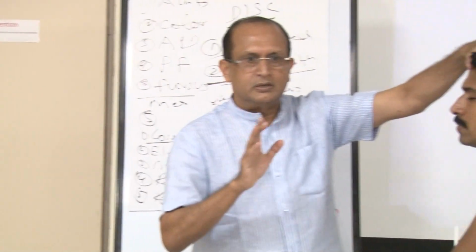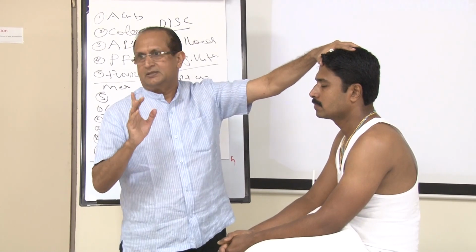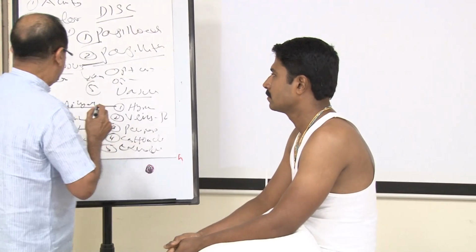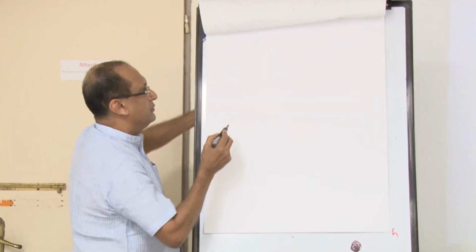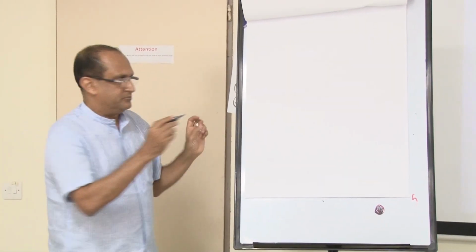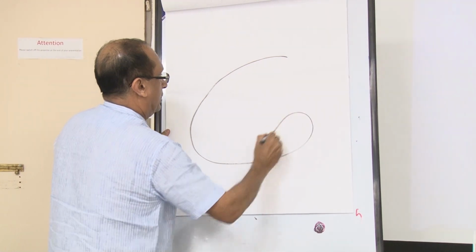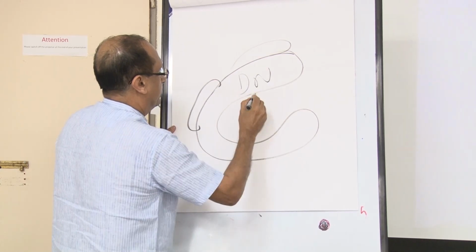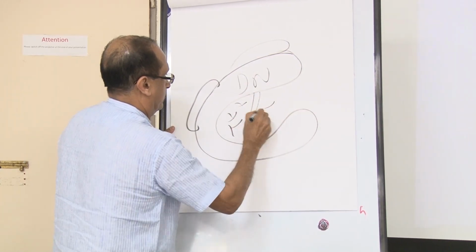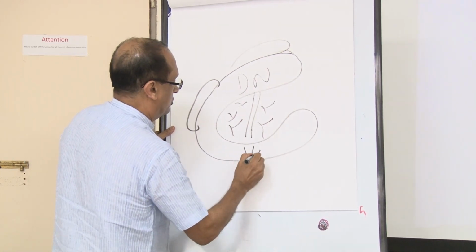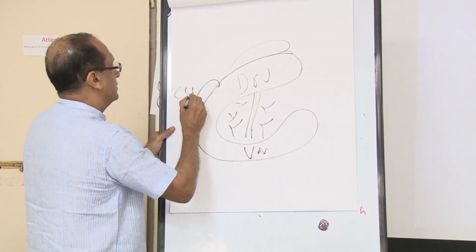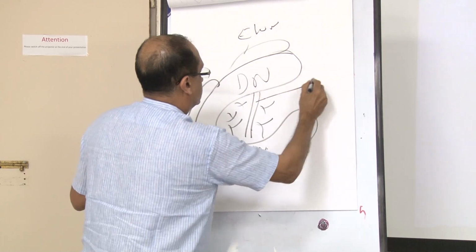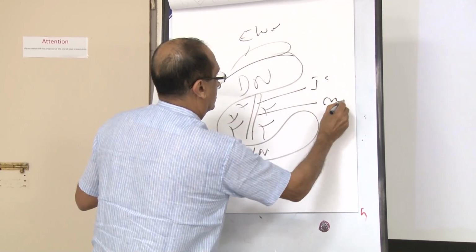Now coming to the third, fourth, and sixth cranial nerves. That is the eyeball. I don't know whether you would like a little bit of neurology of the third nerve. The third nerve nucleus has a peculiarity. This is the dorsal nucleus. This is the ventral nucleus. This is the caudal central nucleus. This is the Edinger-Westphal nucleus. Then this is the intermediate column of cells. This is the medial column of cells.